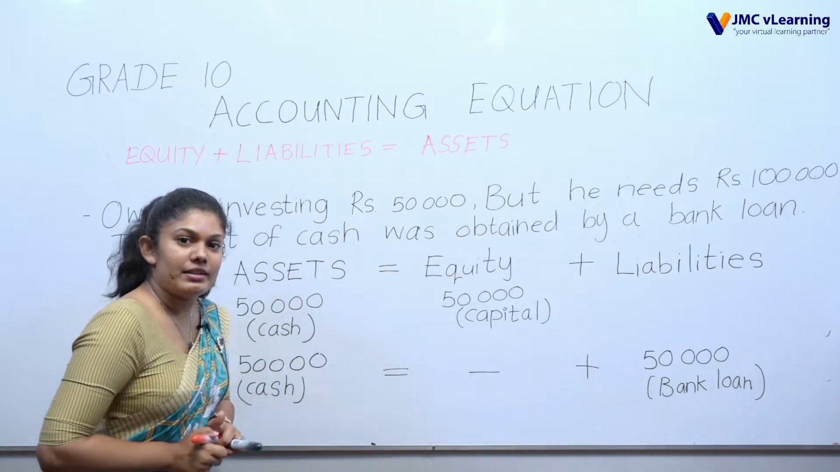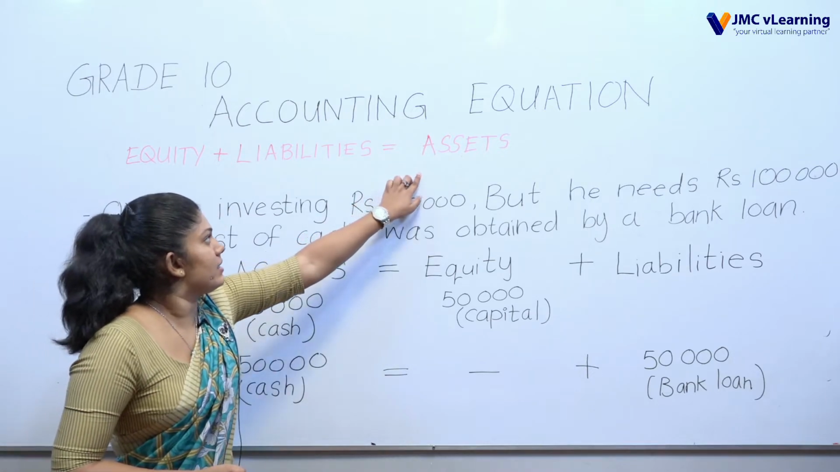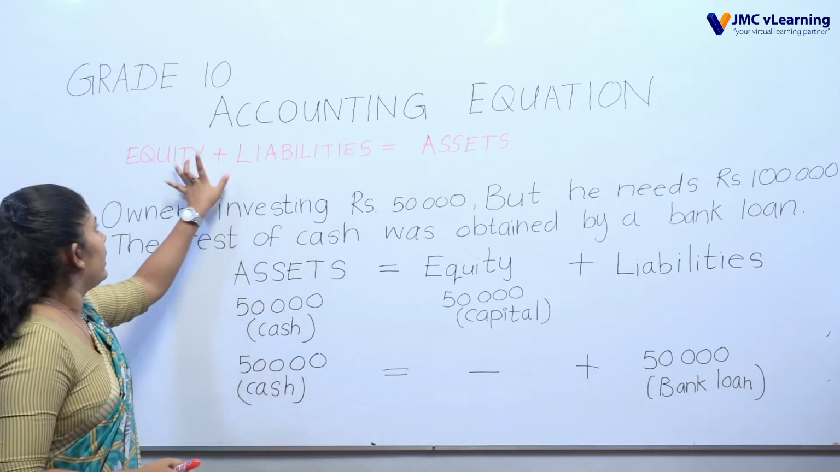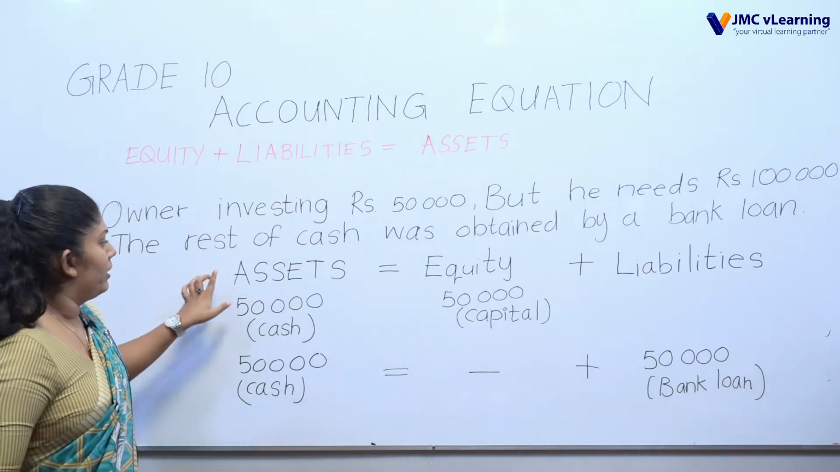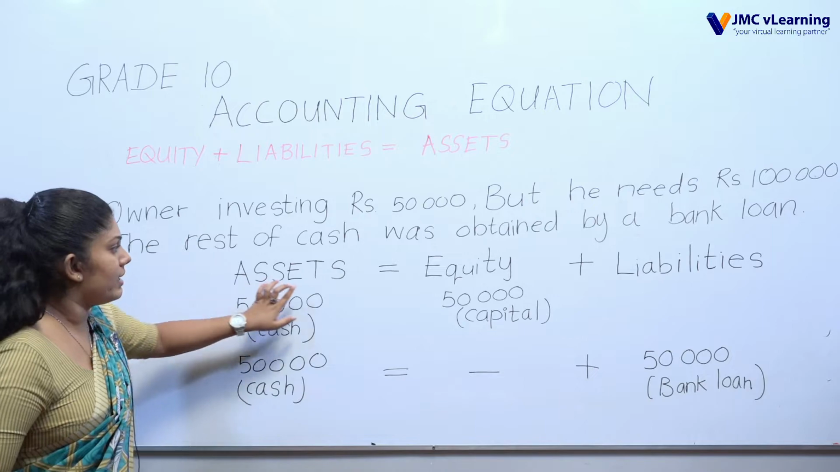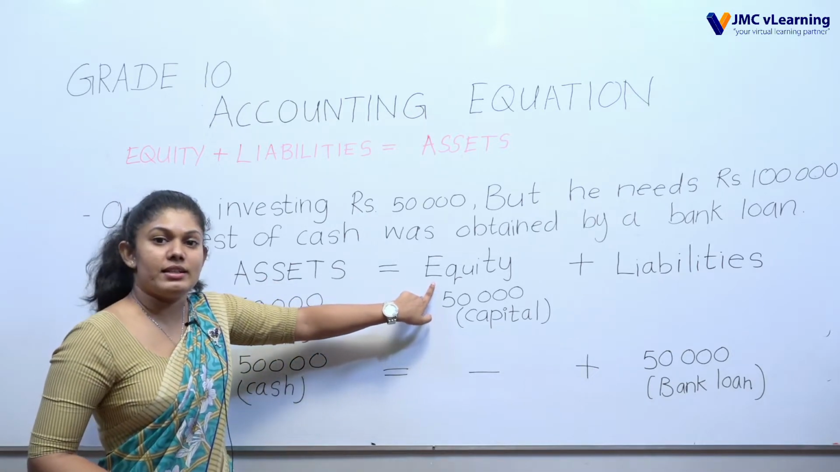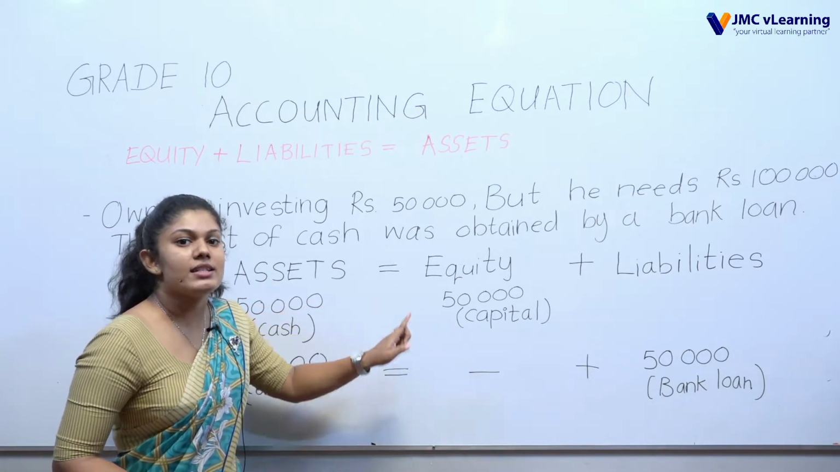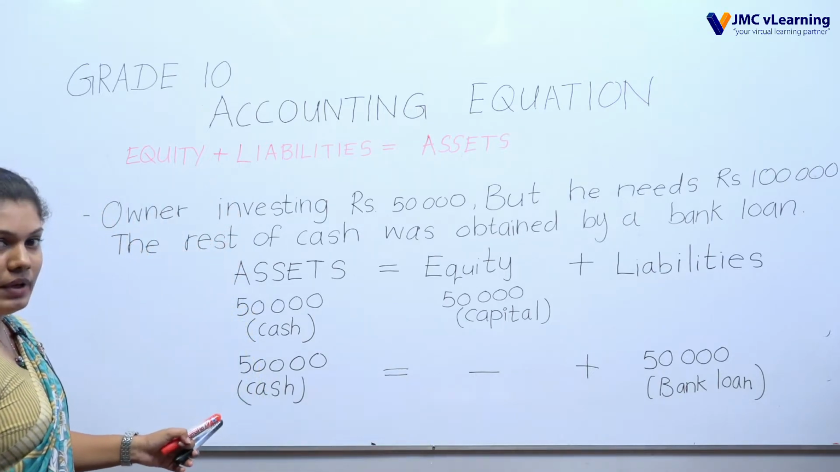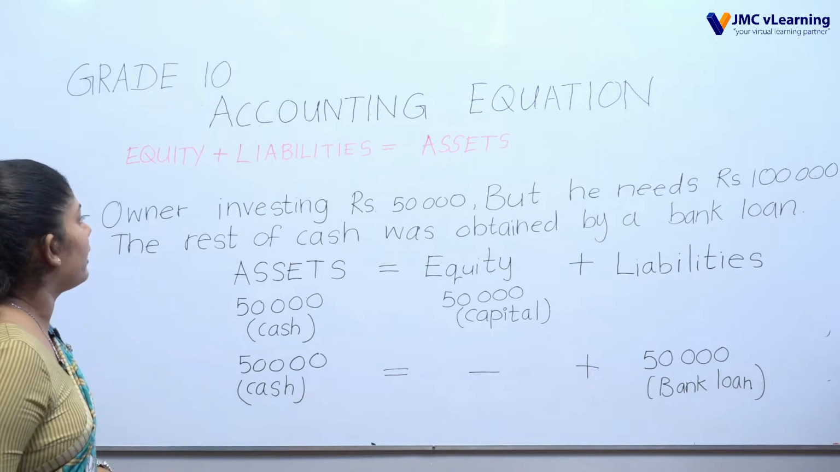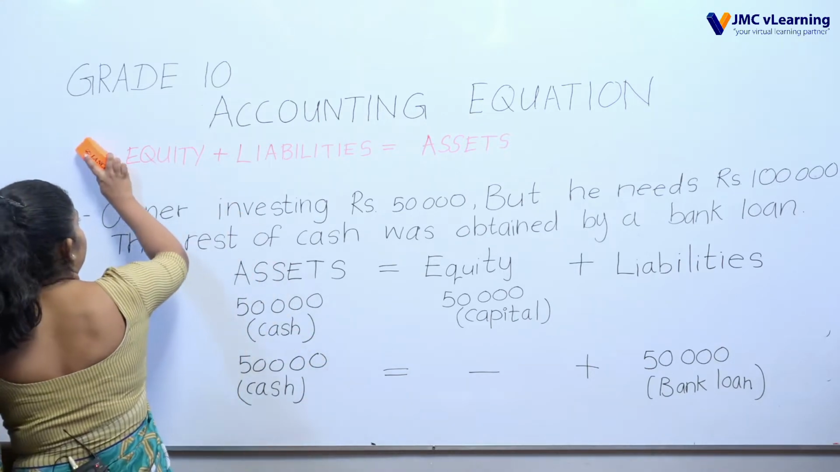So look at that. Assets equals equity plus liabilities. So the question I asked, assets equal equity plus liability, is it correct? Yes, it is correct. Now we can develop the basic accounting equation as,